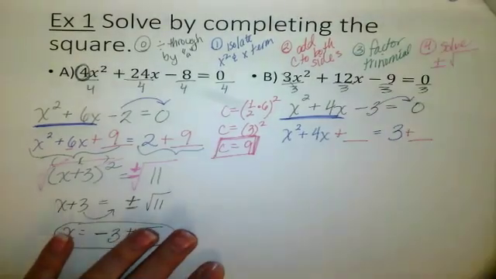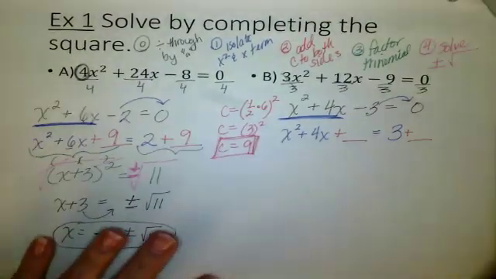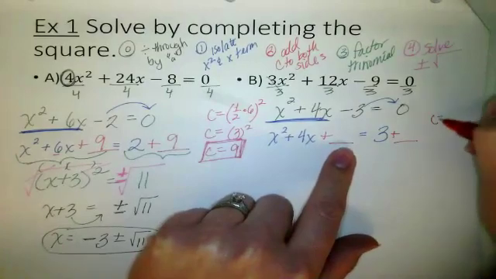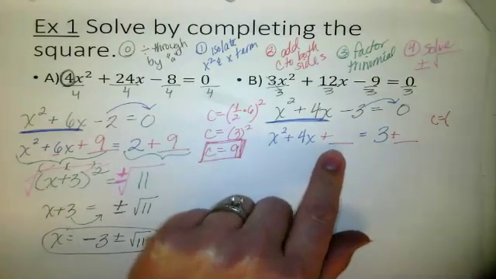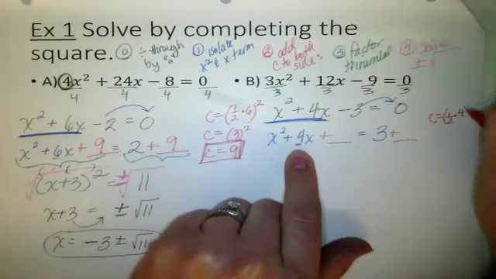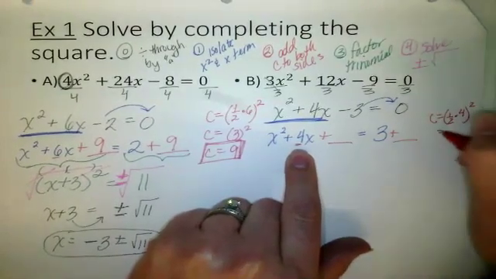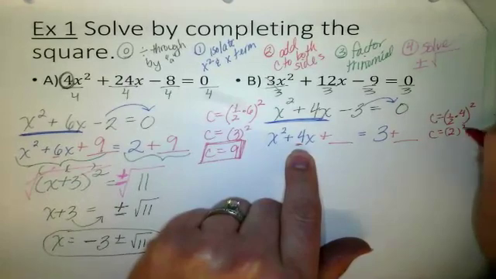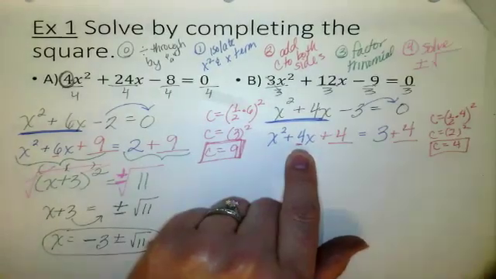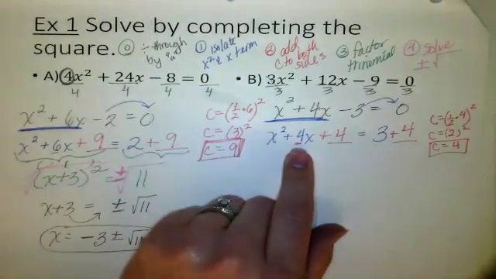And then I need to add some blank spaces. What goes in the blank space? C, whatever C is. How do we figure out C? It is half of 4 quantity squared. Half of 4 is 2, and 2 squared gives me 4. So we're putting 4 in both of those blank spaces,